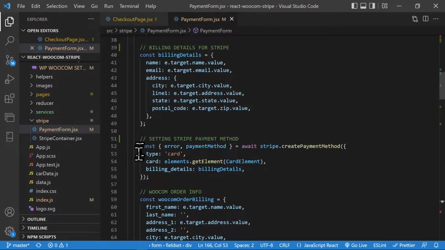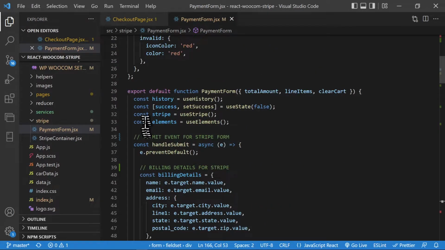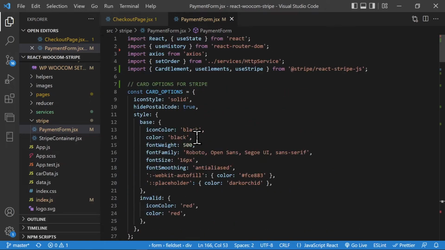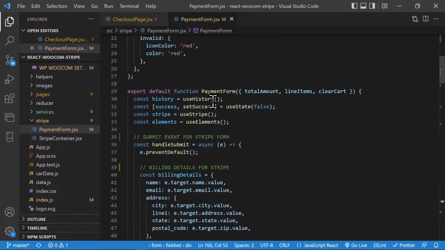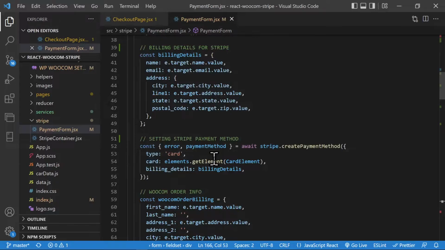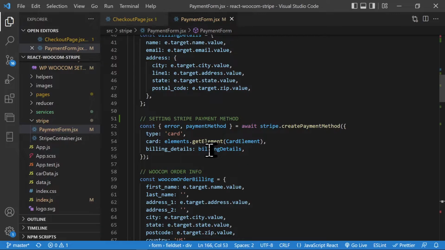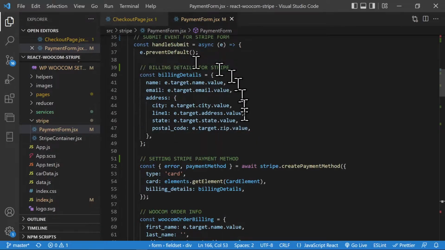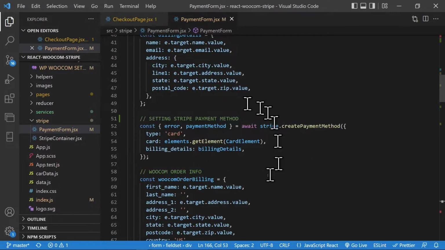From here, we're just giving it a type card, with just a hard-coded thing. Documentation says that, and this card is just elements.getElement(CardElement). So basically, this element, using this hook, we are bringing this card element in. These are all coming from the Stripe API, so not to worry about it too much. And the billing details is just what we prepared using our input form, right? So now our payment method is ready. Once that is ready,